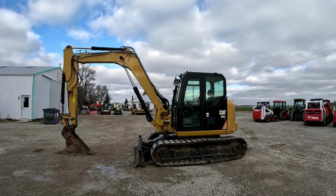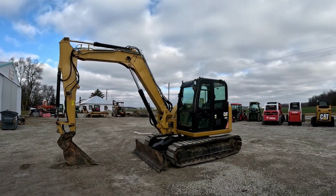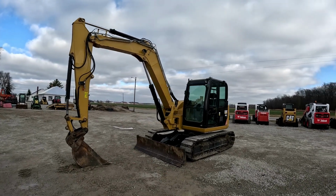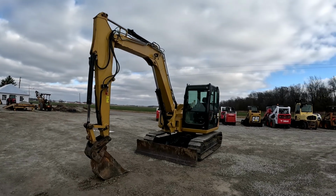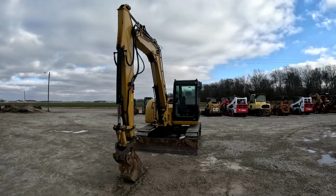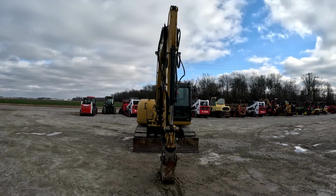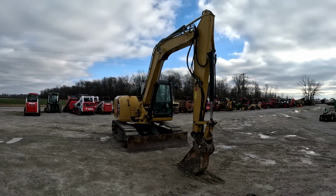Going to do another walk around video followed by an operational video on this 2015 Cat 308 E2 CR excavator that came in and we're putting up for sale. Like always, I'll walk around, talk about features and functions. I'll get close to everything, point out anything that I see, then we'll start it up, move it around, boom in and out, stick up and down, bucket, blade, lift itself up, kind of run it through its paces,